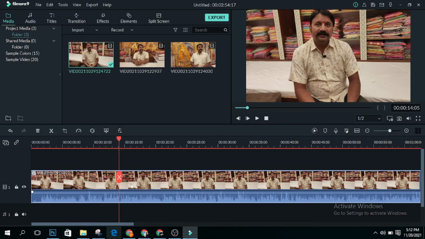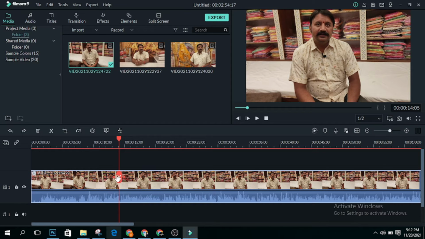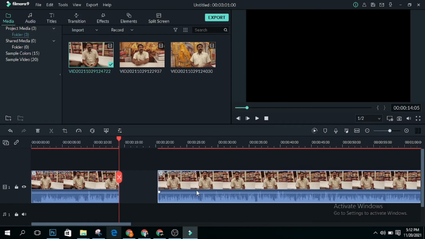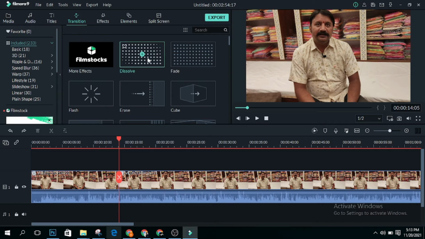Okay, if you want to split some section of the clip, you can use Control B, that is the clip shortcut button, or you can also use this. You can see the scissor; you have to left-click on it. Then it is clipped. Okay, I am undoing it again. And another thing, if you want to split this, Control B, and here you have to use some transitions. I am using this one, cubicle. So you will see the changes.